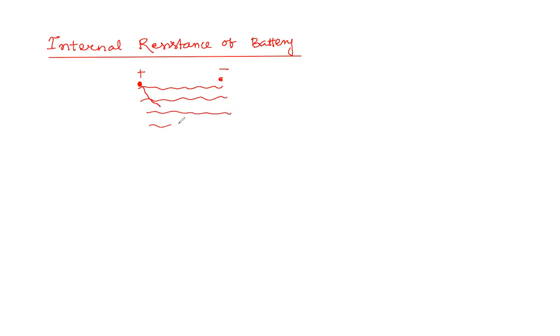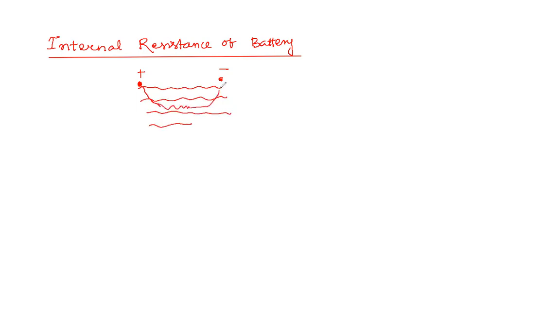And what is the meaning of internal resistance of a battery, what is the symbol of a battery, how does this internal resistance function, and how does it affect the function of a battery. So batteries transfer chemical energy to electrical energy. If I'm saying what is the meaning of internal resistance, these are the two terminals of the battery. This one is the positive terminal and this is the negative terminal. Now inside it, you know that it is filled up with chemicals, right?